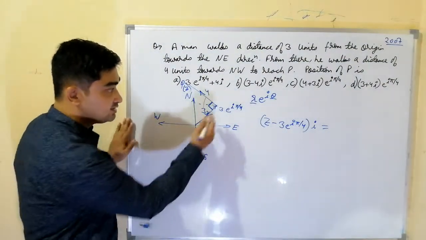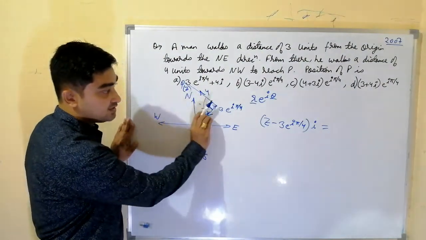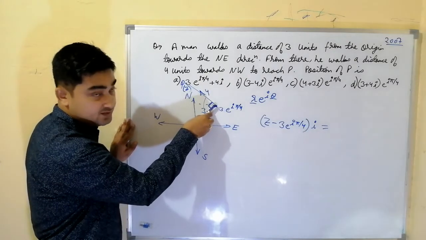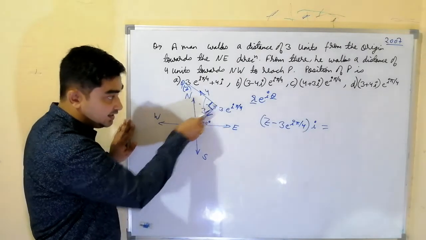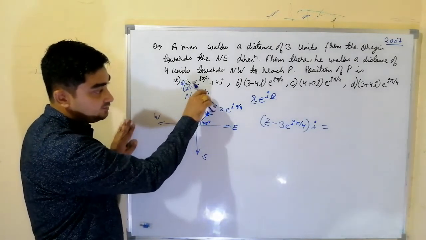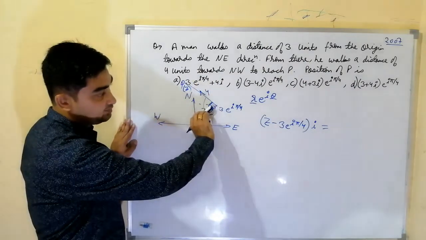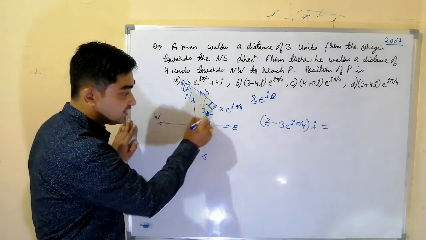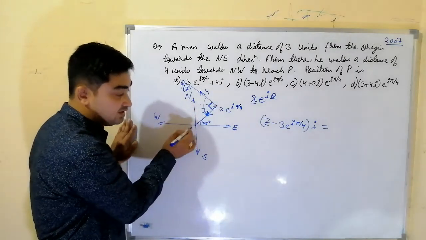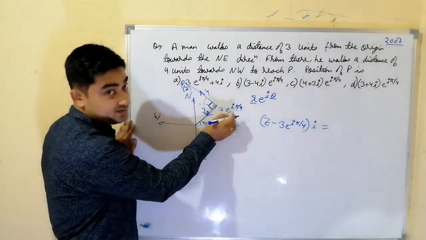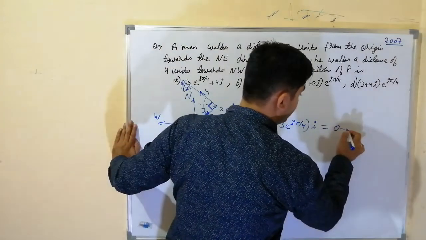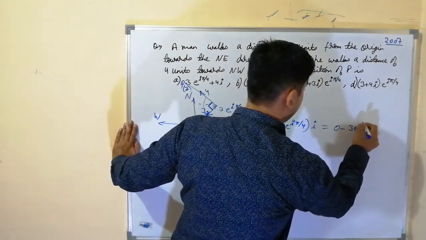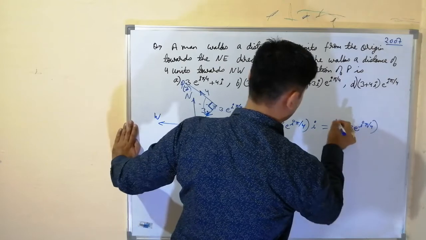The new complex number is in this direction, not this direction. It is starting from this hinge point and going away. This one is also starting from the hinge point going away. So it will be the same. So this direction is final minus initial. Final is origin and initial is this. So we can write this as 0 minus 3 into e power iota pi by 4.